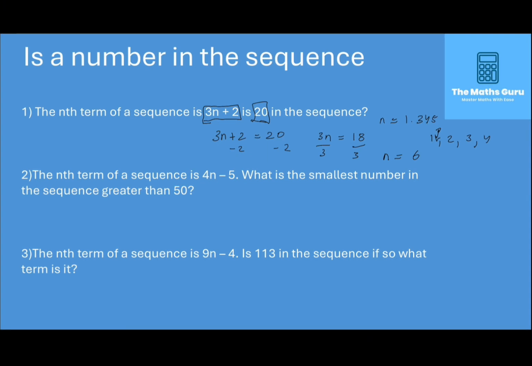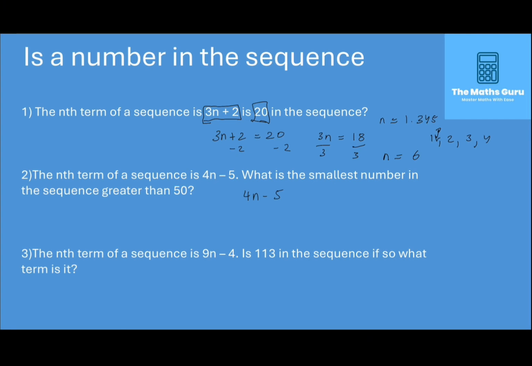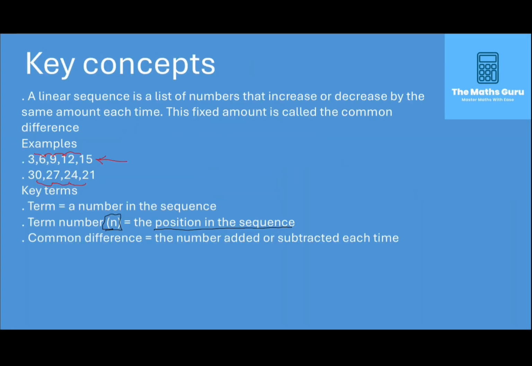So we want to find out the smallest number which is greater than 50. So we just equate 4n minus 5 is equal to 50. Actually, a better way would be to do this. 4n minus 5, the smallest number in the sequence greater than 50. So greater than 50, we can see that the value of n is positive, which, going back to our